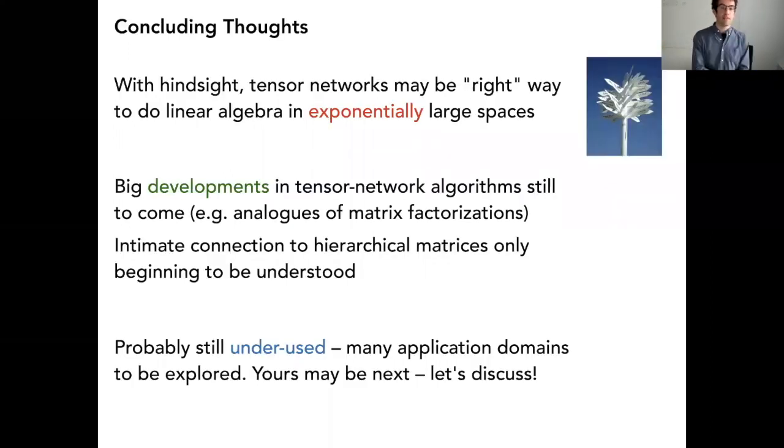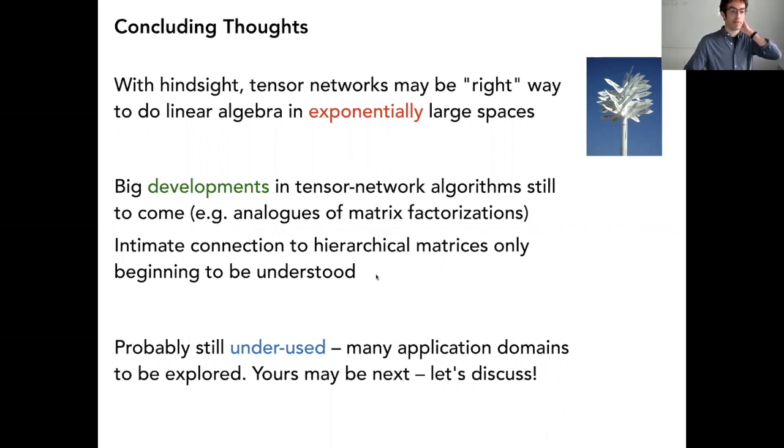So then concluding thoughts is that, historically, at least people in my field have thought of tensor networks as wave functions. But now this work on tensor trains is showing that that was too narrow. So I think with the benefit of hindsight, we might even get in the future a bigger perspective on these. And we may see that these are either the right way or a right way of doing linear algebra in exponentially large spaces. So if you want to do linear transformations in these huge spaces, like spaces of size 2 to the n, where n is 1,000, then tensor networks may be an essential tool for doing that. Similar to how hierarchical matrices are an essential tool in their domain too. I think they're very closely related.